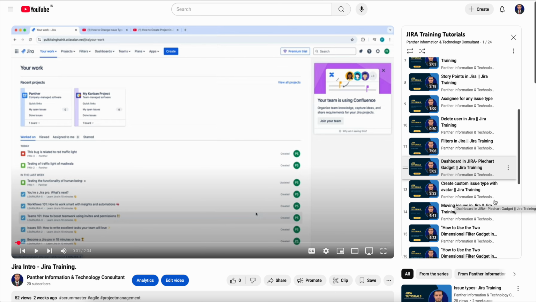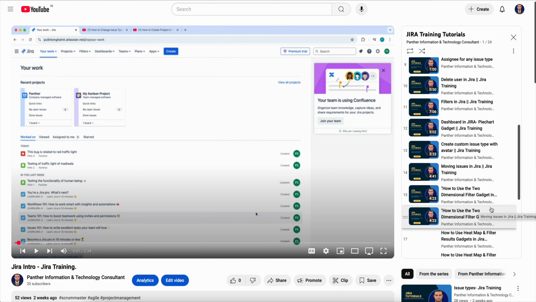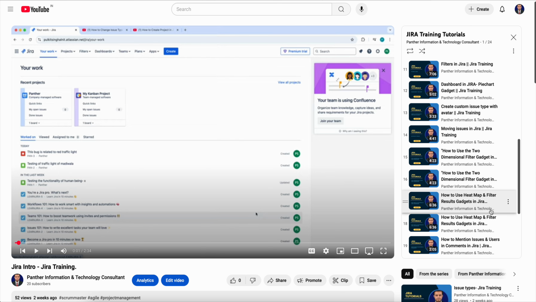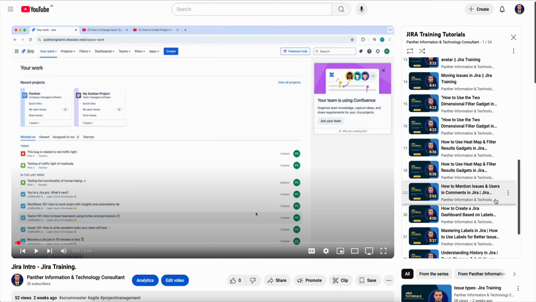How to create a dashboard, what are the different types of gadgets and dashboards. This is like a pie chart. Then creating a custom issue type with an avatar, which is how to change the images of any kind of issue type in Jira, how to move the issues in Jira, how to use the two-dimensional filter gadget, how to use the heat map, how to use the heat map in results,